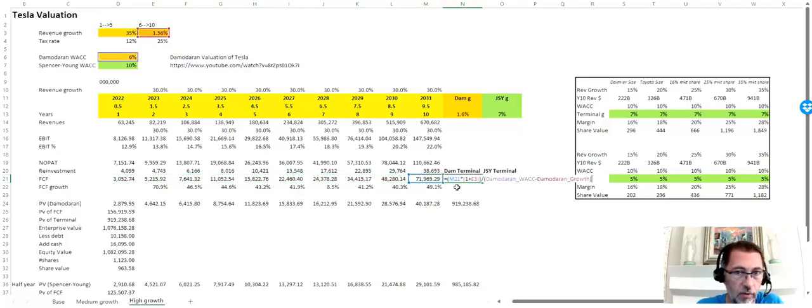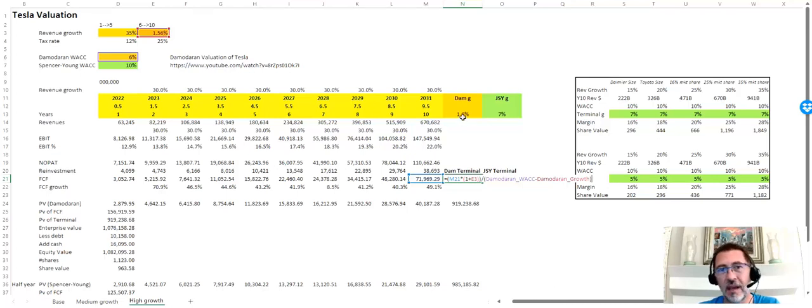So this terminal value formula, what it does here is it takes the last year of free cash flows and divides it by WACC minus growth. Now, because Damodaran is using a WACC of 6%, he doesn't have a lot of headroom to apply a growth of any significance here, because of course once your growth gets equal to or greater than your WACC, well then the terminal value calculation just doesn't work. So Damodaran certainly couldn't use a growth rate of 7% for the terminal calculation. It would just give a syntax error. So 1.6 is what he is choosing to use.